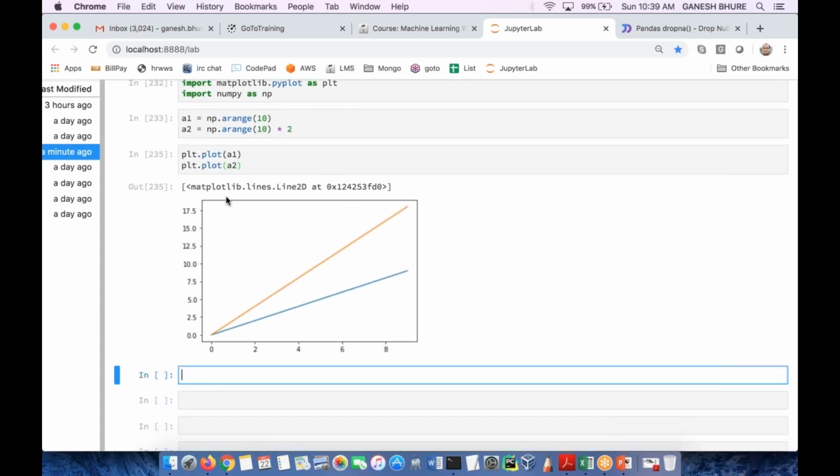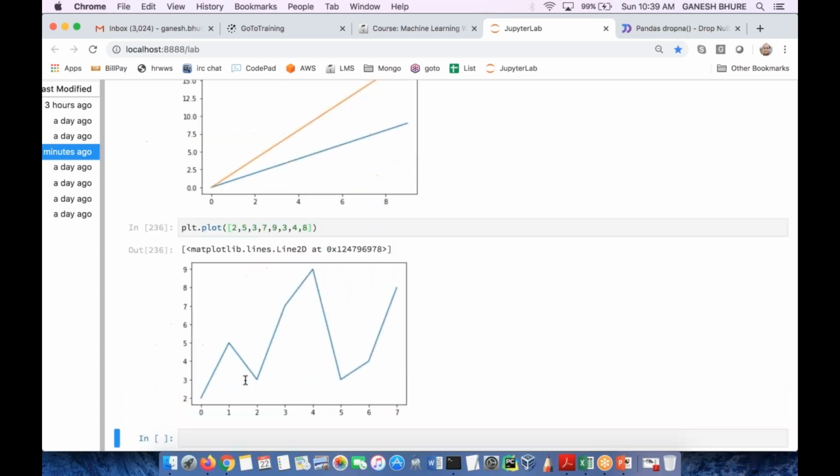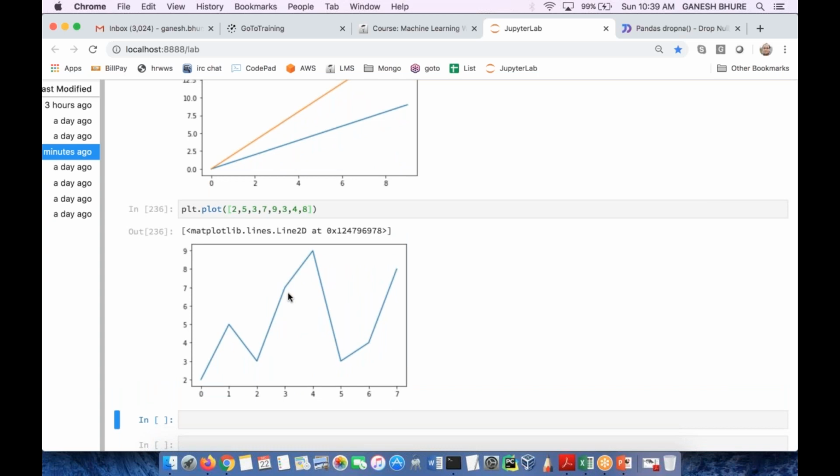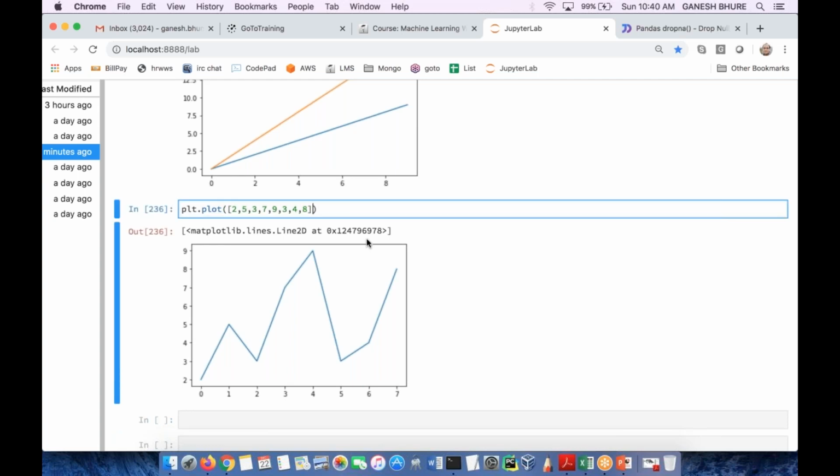These are of course the linear plots that we have, but I will come to some other plots like plt.plot. If I want to plot some numbers, let's say 2, 5, 3, 7, 9, 3, 4, or 9, for that matter anything, or 8. Okay, and I can also do this, and I see that this is how something can be plotted, right? So it is about simple data I'm trying now, but we can go with some real data,